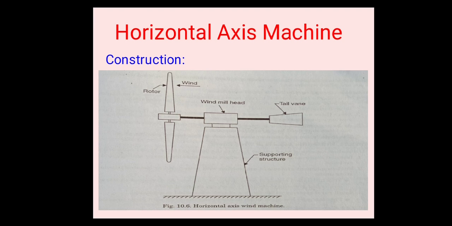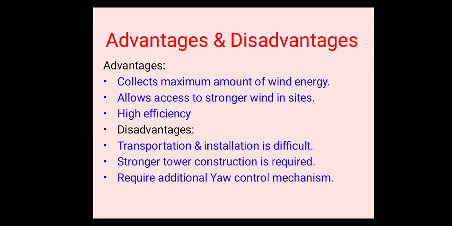In very large wind turbines, a motor driven mechanism is used with a wind direction sensor mounted on the tower. With the help of this, we can turn the machine according to the wind's response. Commonly, horizontal axis windmills are aeroturbine mills having 35% efficiency and farm mills with 15% efficiency. Now see the advantages and disadvantages of this horizontal axis machine.